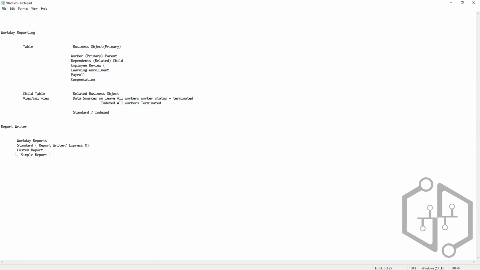When you have straightforward data from one object requirements, you'll be creating a simple report. But in most cases, you'll not be creating a simple report, because your requirements will require adding multiple data objects. If it is worker, adding compensation related objects or any other related business object, which requires you to add related business objects to the report,